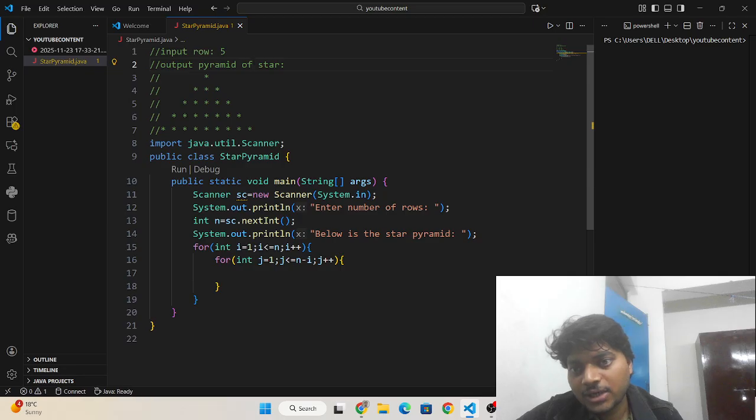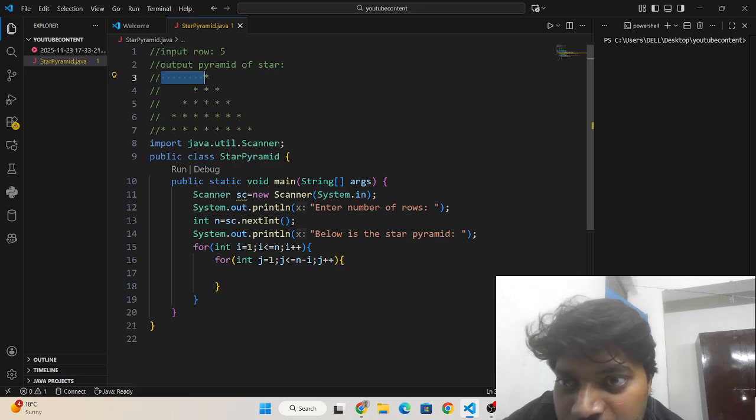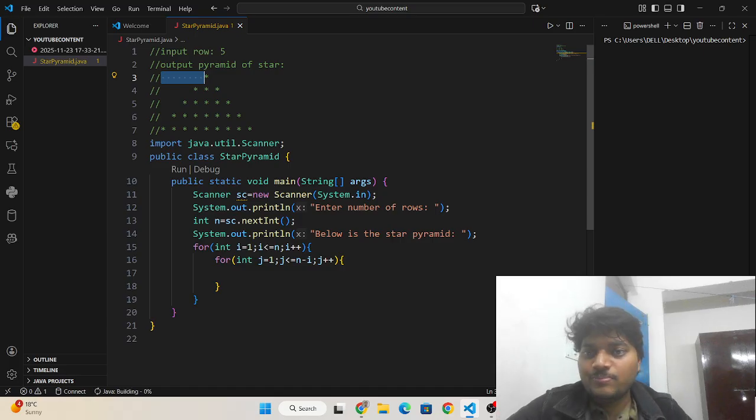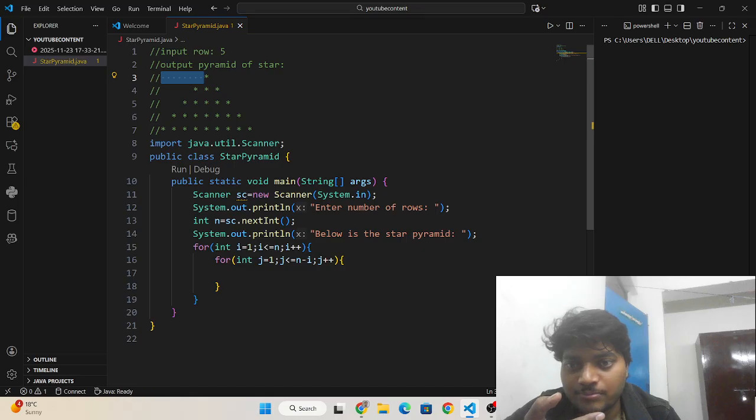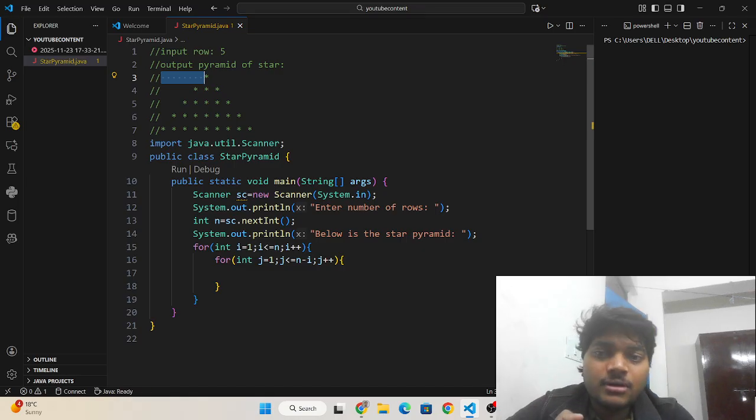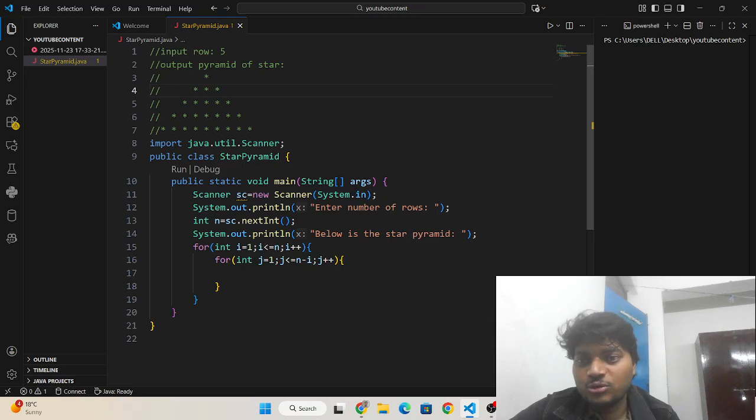As you can see, there are 8 dots here, because we have left one space between two consecutive stars, and one extra space to make this alignment, so that the star pyramid can print.